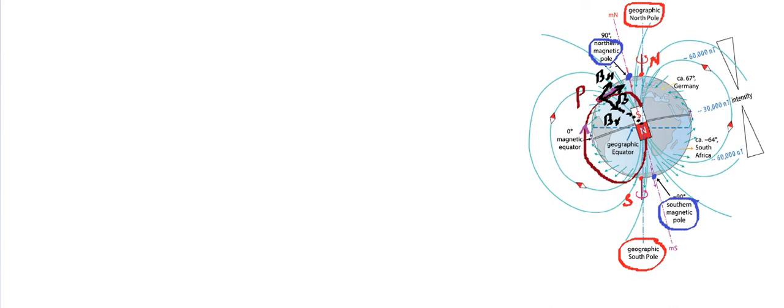Now our focus is to look at this particular BH, the horizontal component of magnetic field. Now this point P can be anywhere on the Earth's surface. So in order to specify the magnetic field at any point, we need to know some quantities. So these quantities collectively are known as elements of Earth's magnetic field. So we are going to talk about these elements of Earth's magnetic field.